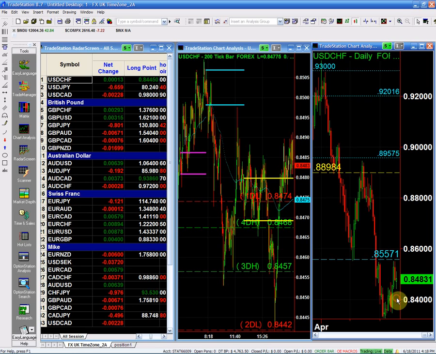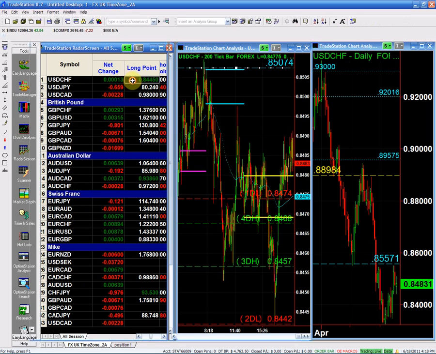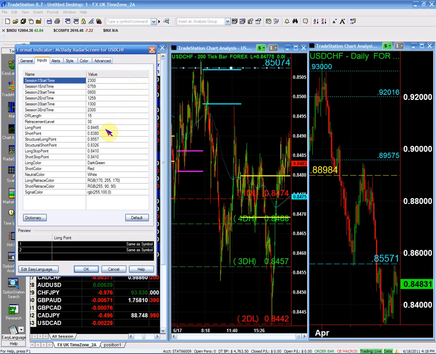So right there, the 85.09, which is the daily high. Okay, so the 85.09, let's say, which is right above the UK session. So this is my buying point. I will buy the dollar Swiss above 85.09, and